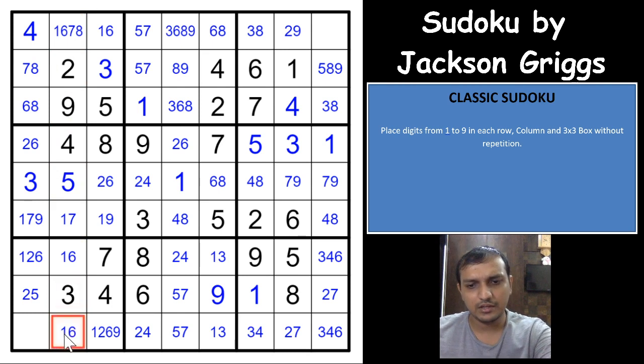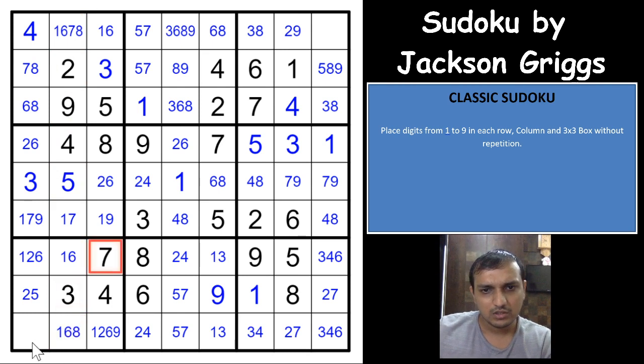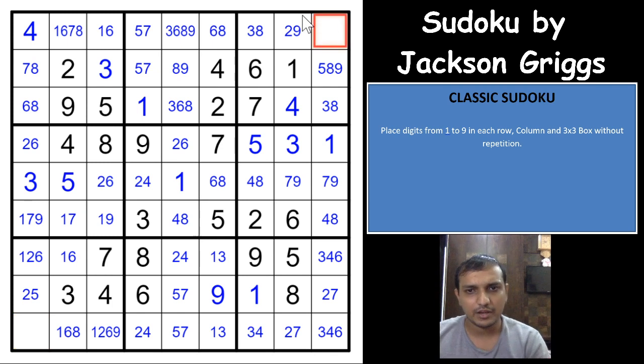So 1 6 and 8 because of the 7 here, and I don't think we need to write all the candidates here, because there is nothing. You have only 3 digits here, so you'll have possibility of 7 digits, 6 digits here, and possibility of 5 digits here. So I don't think we require that now, but let us see if we can find anything else here, because I suspect something with the Y-wing or maybe a swordfish. Not very good at XYZ wing, WXYZ wing, but let us see if we get that too.